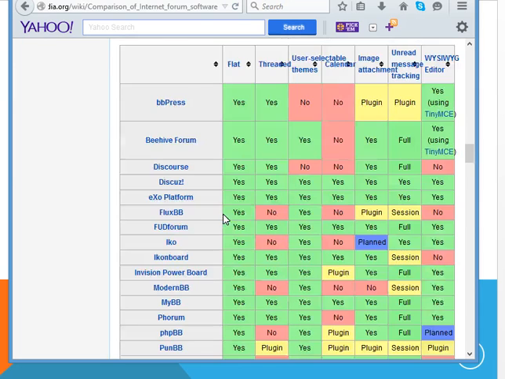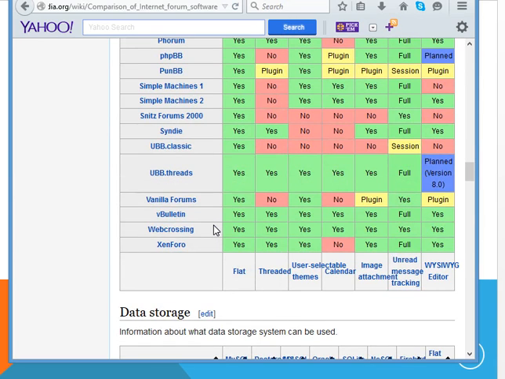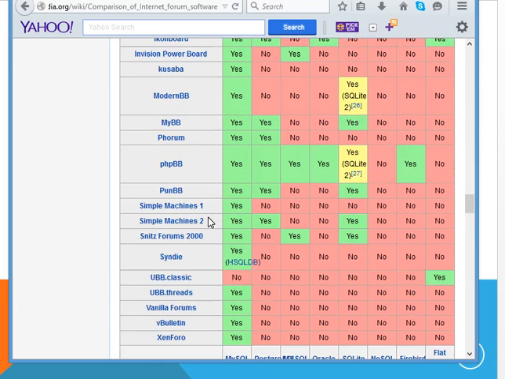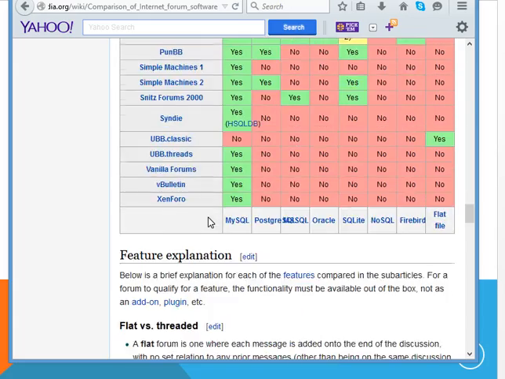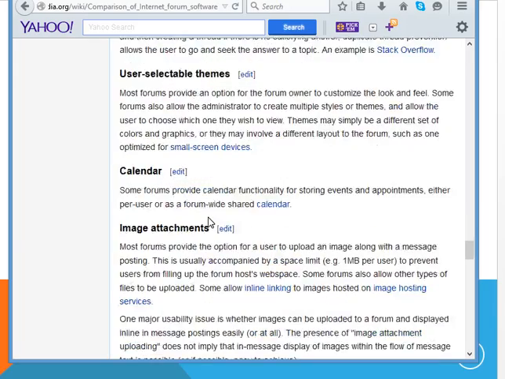Also look at the features, what functions they offer, when certain functions are planned if they're not in the forum currently, what databases they support. Then they explain the various features of forums.